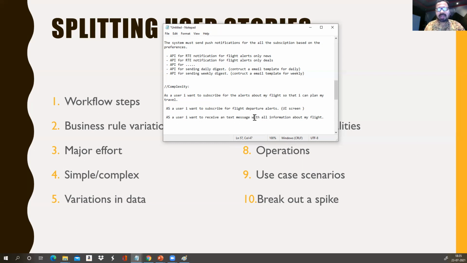Here we are talking about I want to receive a text message with the information about my flight. He actually receives this maybe from a backend API. Okay, maybe we are talking about an API here. So we are breaking down this into multiple levels, right?